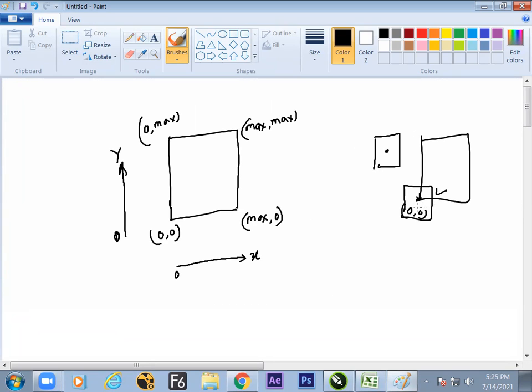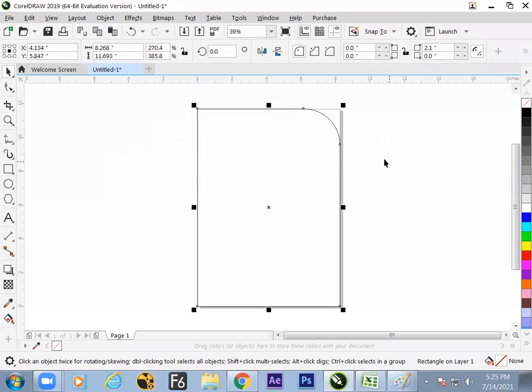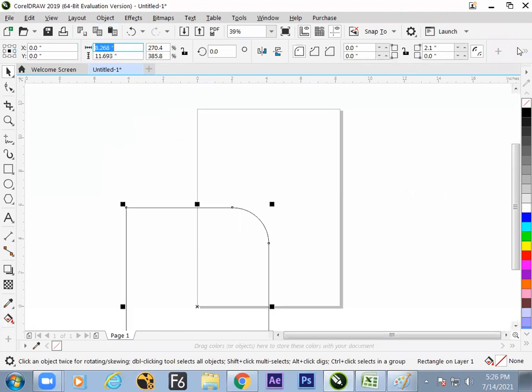So now we know what will happen if you make the reference point in the center and type X value 0 and Y value 0: it will go to the left down corner of your canvas. So this is what we have learned. You should not get confused. In the classroom, we have seen 0, 0 bringing it exactly onto the center. Why didn't it happen here?